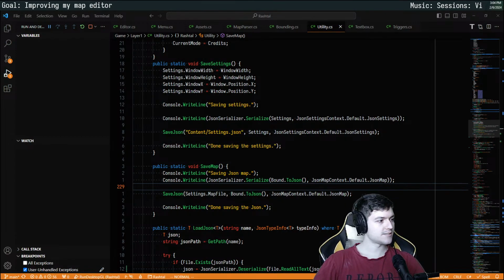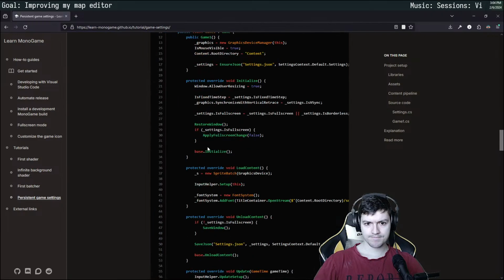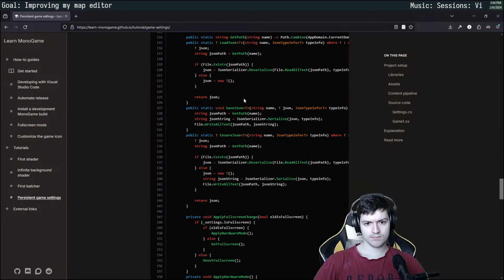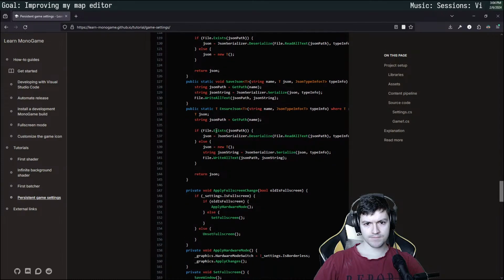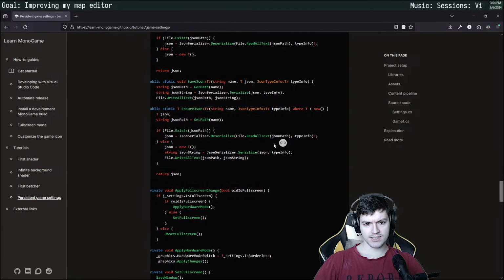Let me go check this. I'm pretty sure I had code. Ensure if file path exists. If it doesn't exist,